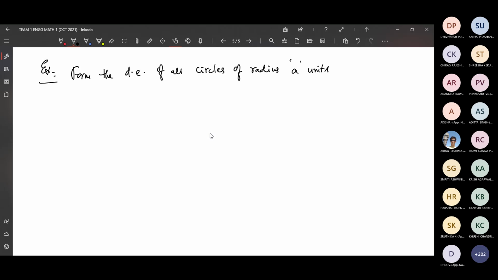So the equation of any circle of radius a units